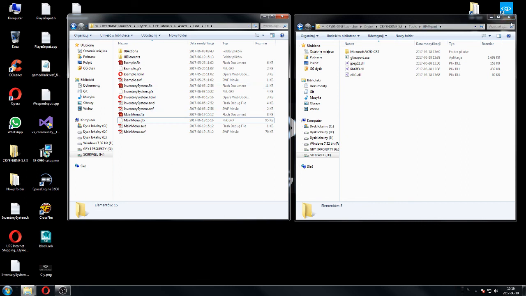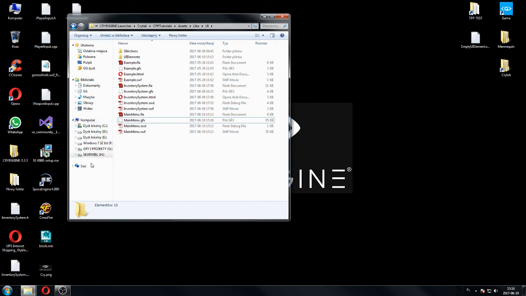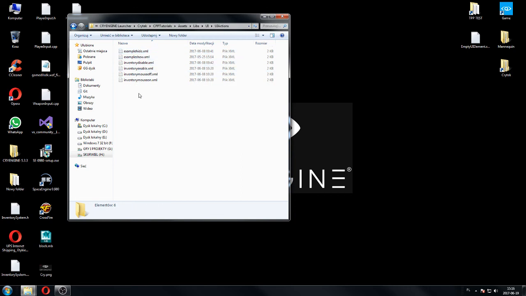So what we're gonna do now is simply we're gonna create UI actions. You remember how we create UI actions? We have to go to editor and do all the stuff. Well, we're gonna do it slightly quicker now. So you remember inventory system or example. I'm gonna paste it and change it. Just main menu show. Oh, sorry, this should be main menu show. Okay, so this is gonna be main menu hide